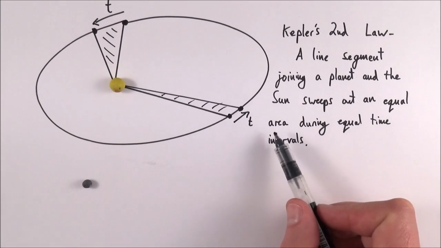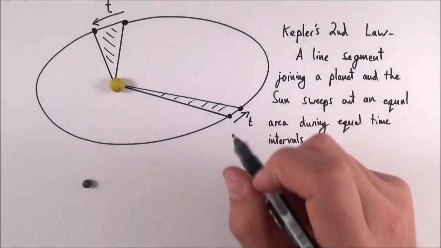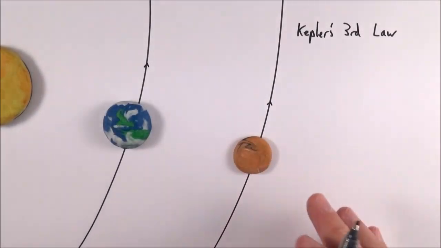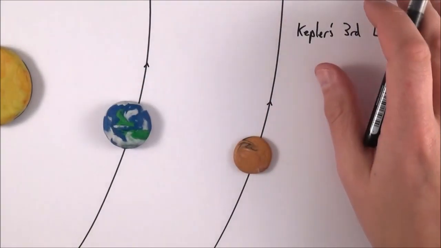It sweeps out an equal area during equal time intervals. And that's Kepler's second law. Okay, Kepler's third law, and again, apologies, I can't quite do this to scale, but basically Kepler's third law was